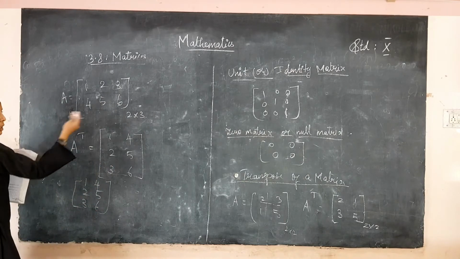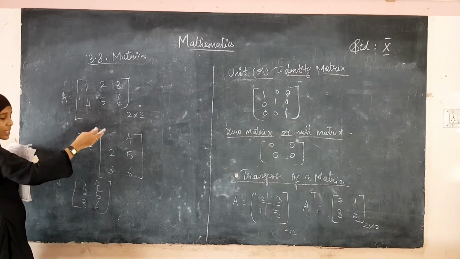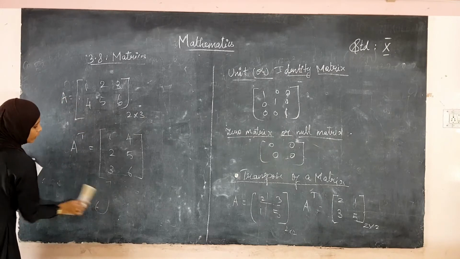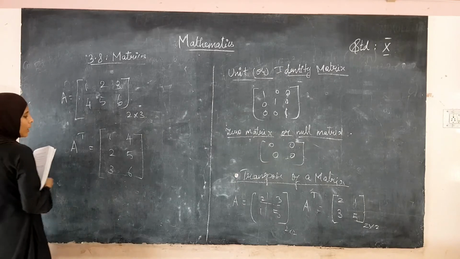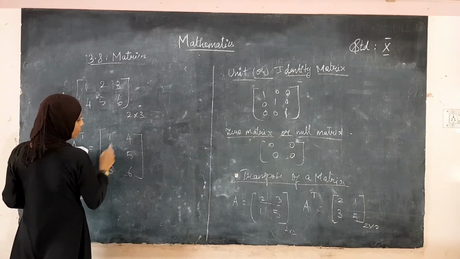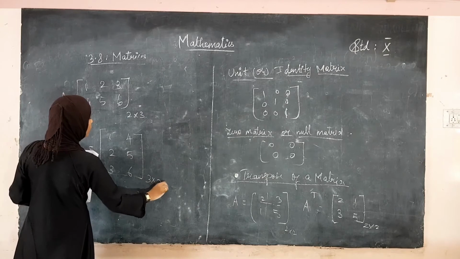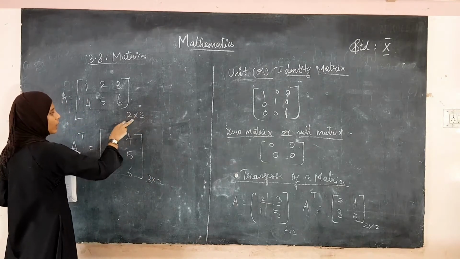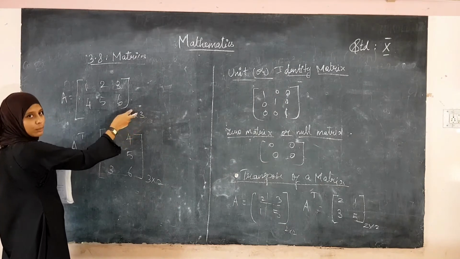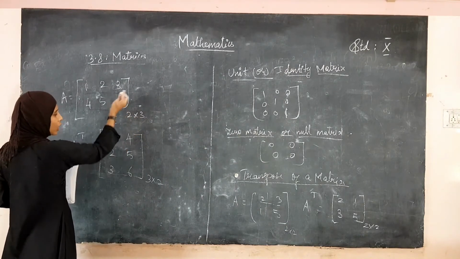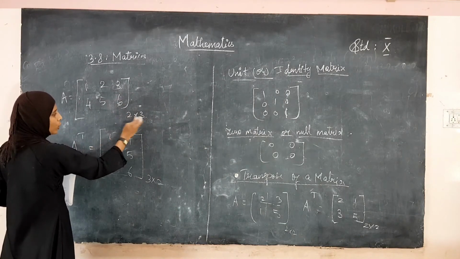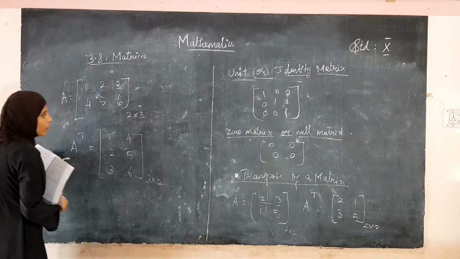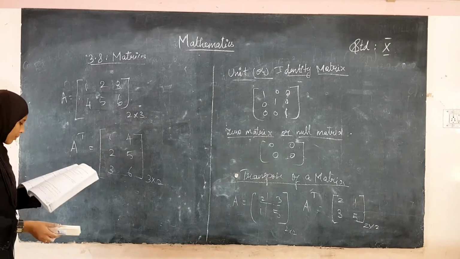We can say the row changes into the column, or the column changes into the row. We can say both. So what is the order of this matrix? This is 3 rows and 2 columns. Therefore, it is a 3 cross 2 matrix. See here, the order is also changing, because we are changing the rows and columns. Now we are changing the columns as rows. Therefore, 2 cross 3 becomes 3 cross 2. Similarly, 3 cross 2 becomes 2 cross 3. This is the transpose of the matrix.